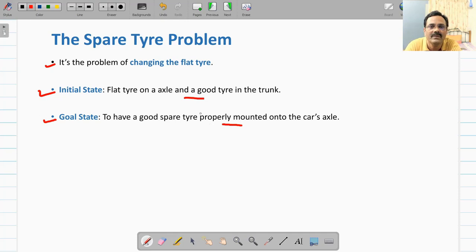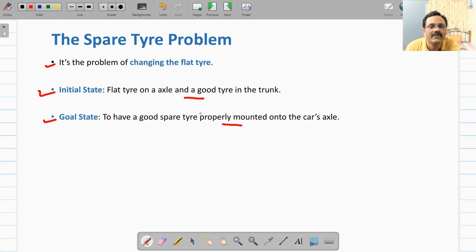So how to prepare a plan for this? So we'll use GraphPlan for performing this task. There are two stages. The first stage is you prepare a planning graph, and the second stage will be extracting a plan from that planning graph. So first we will perform the first step, that is we will prepare a planning graph.